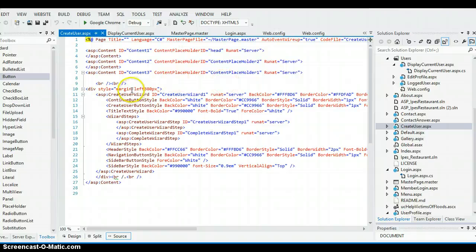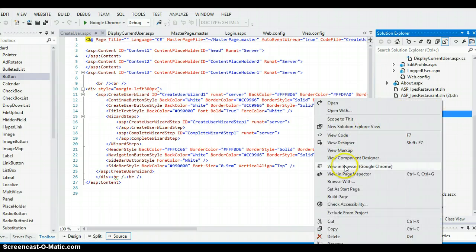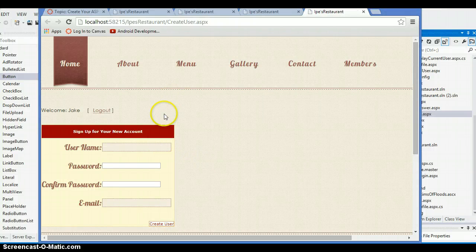to create a new user, and actually I use this create user wizard as another login control, and from this page I'm going to be redirected to the page that asks for additional things that creates the user profile. And let's see how that works. Okay, here's the create user wizard, and let's create Dave, I guess, and make a